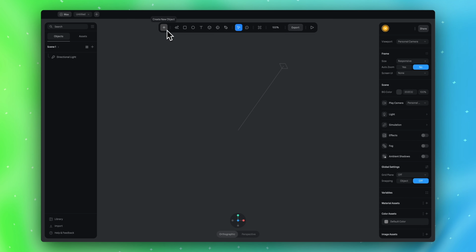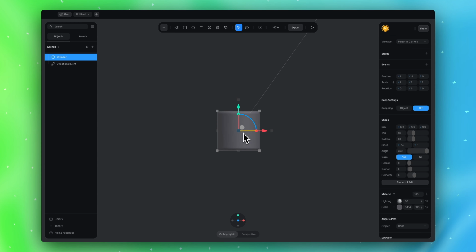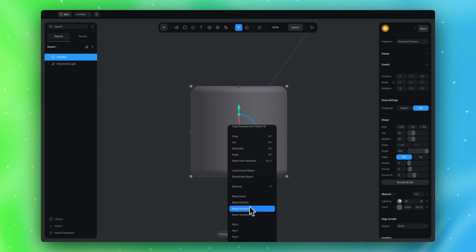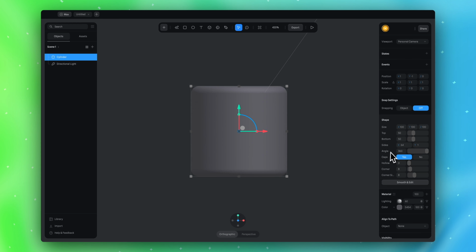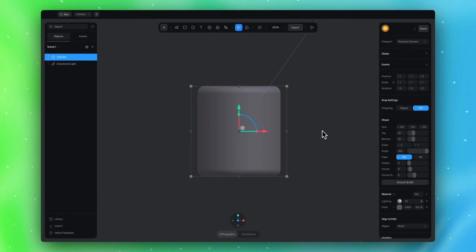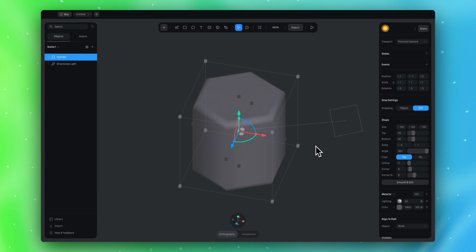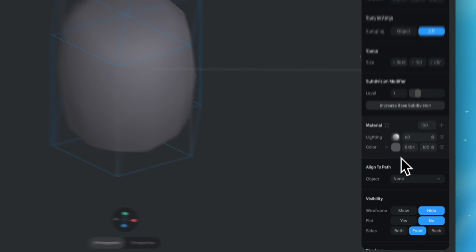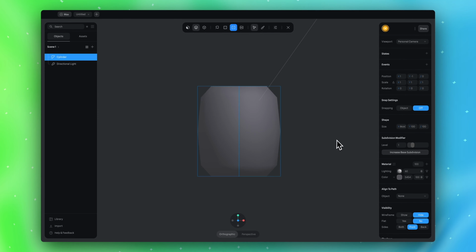So for example, if you want to create a model of a bottle, it's better to start from a cylinder. Put the cylinder in the scene and before transforming, prepare it. Reset position, rotation and transform and put it in the center. Reduce the number of sides from 64 to just 6. Six sides is the optimal number of sides. It will create a perfectly rounded shape with subdivision and we won't have a large number of polygons. And for the corner set 0. Now you can press smooth and edit and convert your cylinder to a mesh and start creating your 3D bottle